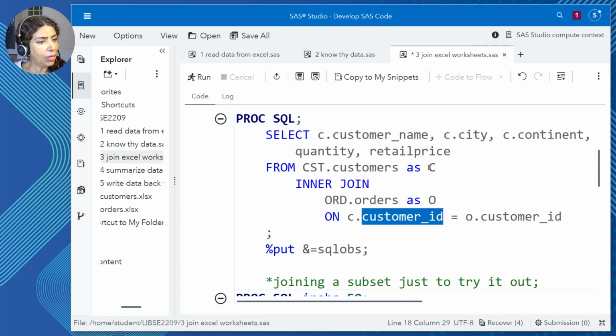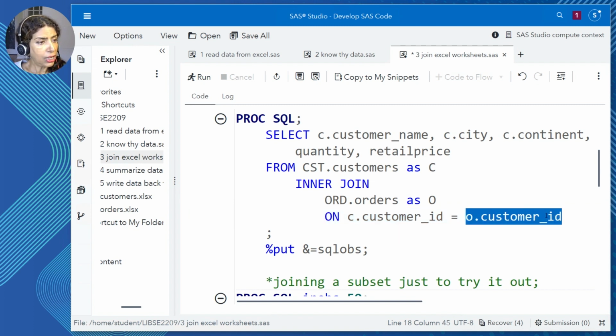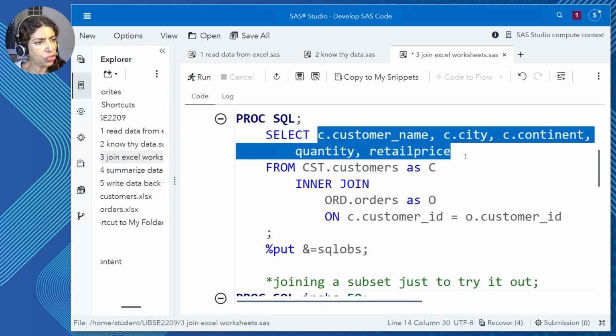That's why we provided an alias, so that it became very clear on the ON clause: this is the customer ID from the customers table, and the second one, o.customer ID, refers to the customer ID on the orders table. And that's it. On the SELECT, then I can specify all the column names I wish.